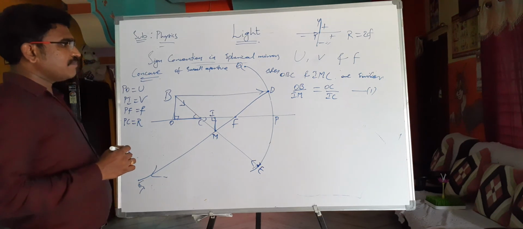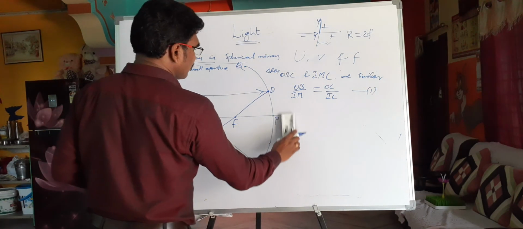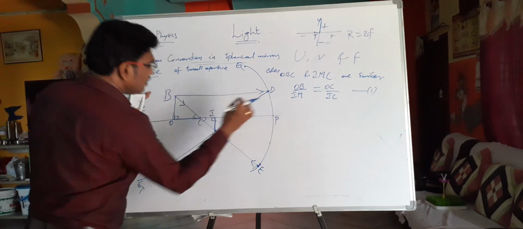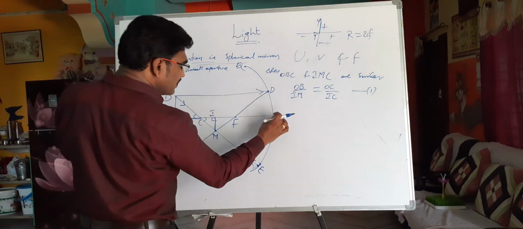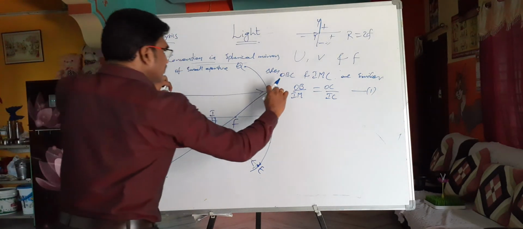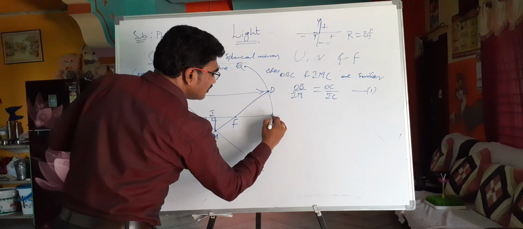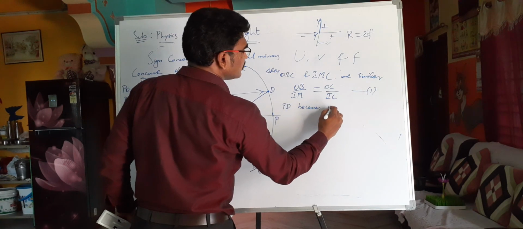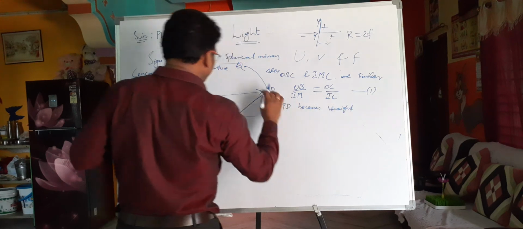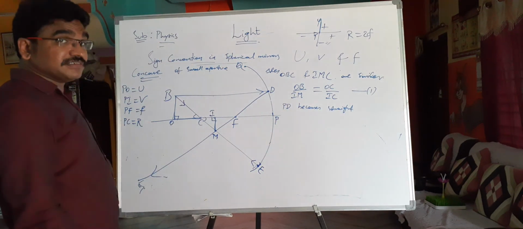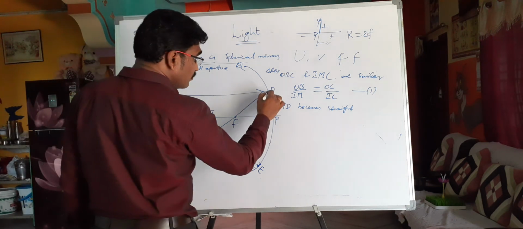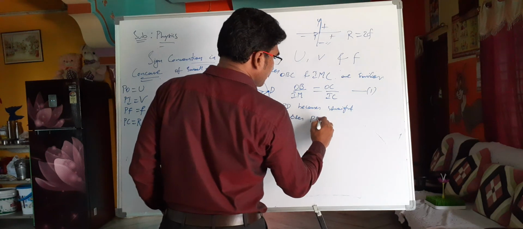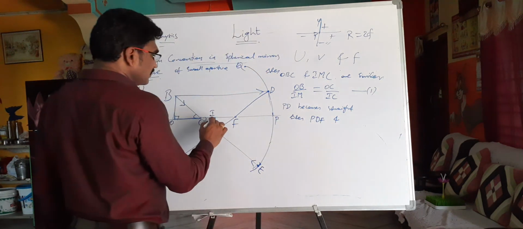Okay. Now, if BD, this incident ray, is very near to the principal axis. Imagine BD is very near to the principal axis. It means that if this light ray comes here, then PD becomes straight. If BD is near to the principal axis and it becomes straight, then again I am going to get a triangle. What is that? Triangles PDF and IMF